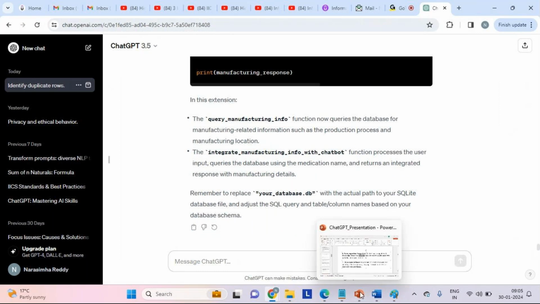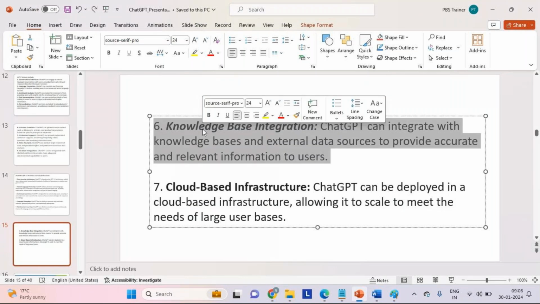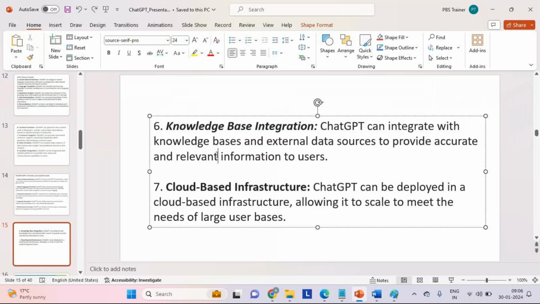So this way we can integrate with an external knowledge base like GitHub or a relational database or pharma or bank or a cloud, whatever. You can just get it integrated. And another bullet point here you can see, which is specific to cloud. Meaning what?